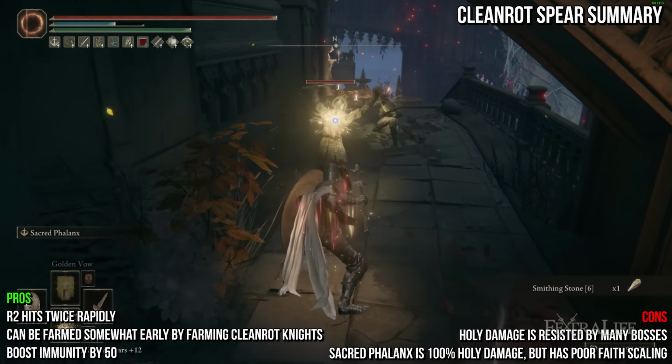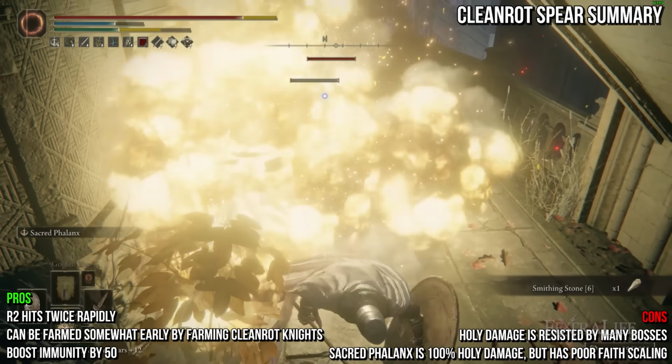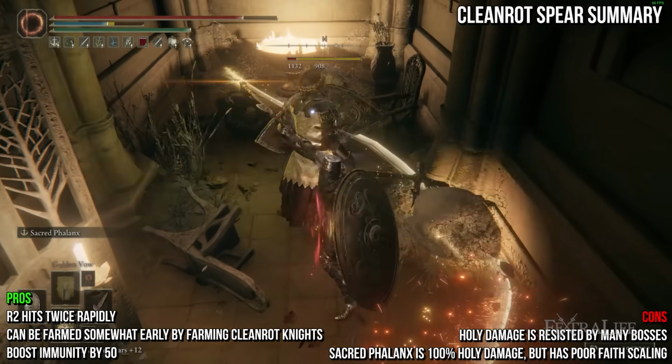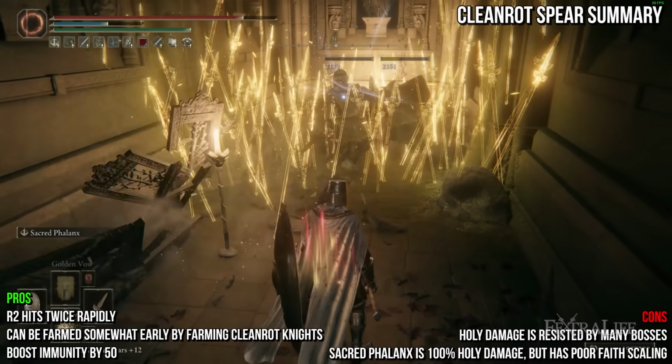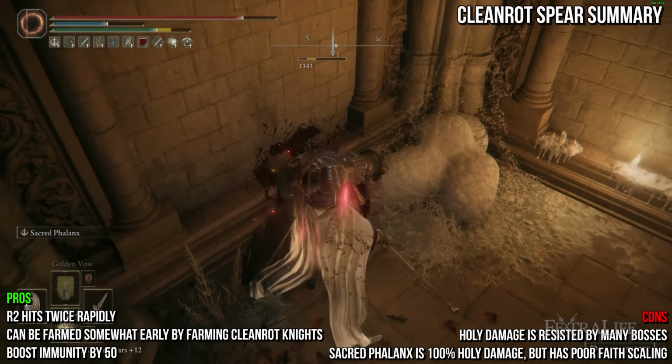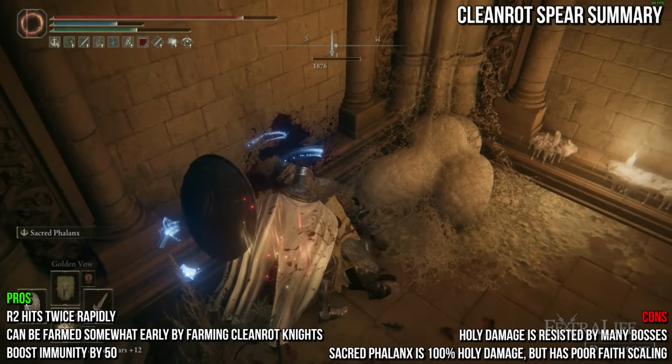However, it does some holy damage, and many bosses resist this damage type, particularly endgame bosses. Its weapon skill, Sacred Phalanx, does decent damage, but it has a rather long windup, making it tricky to use without getting hit. Additionally, the actual spears that come out of the ground deal 100% holy damage, which makes things